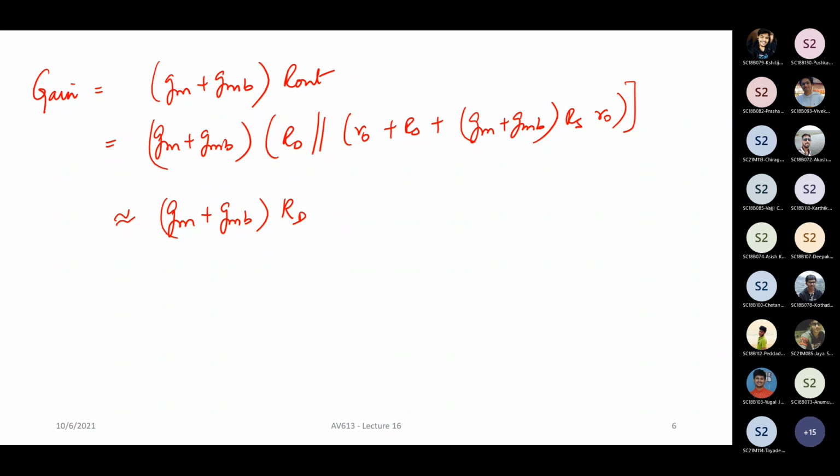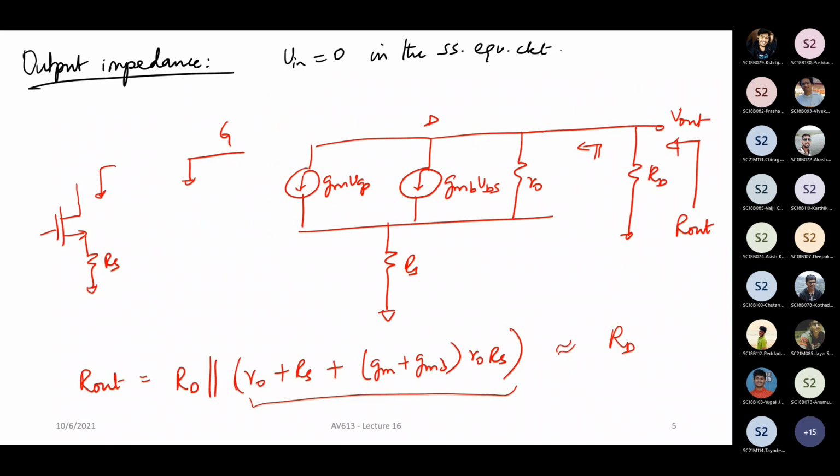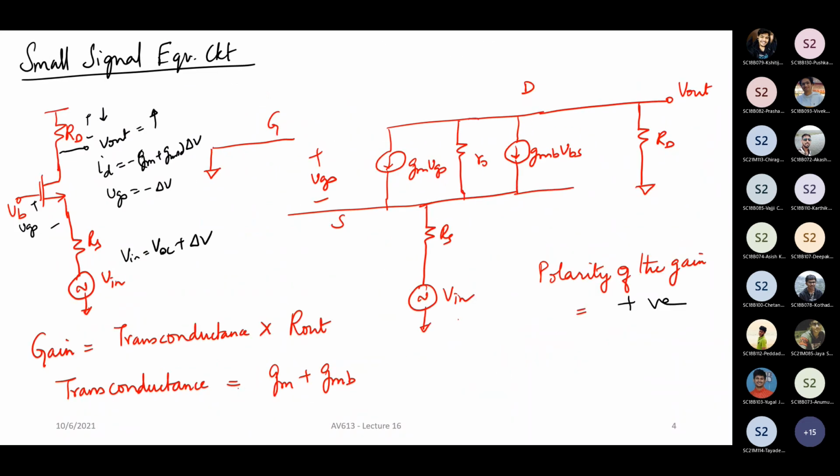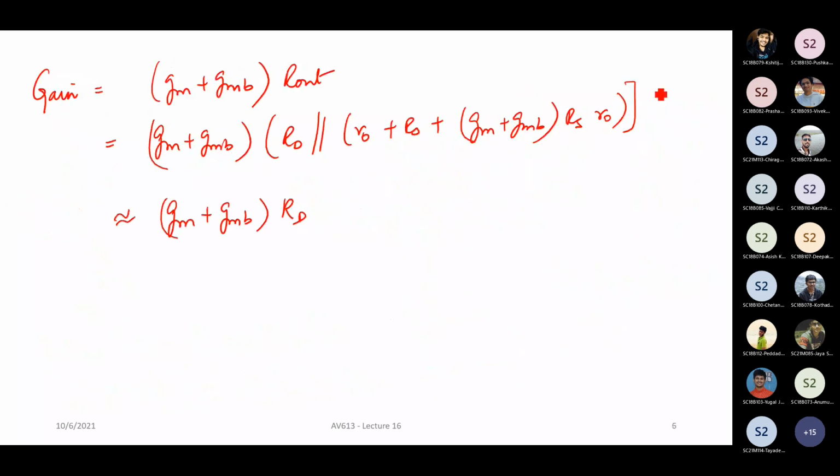In fact, if this gain expression, instead of writing like this, you can also go and derive it from first principles. That is, from this small signal equivalent circuit, you can write all the related expressions, right? And you can derive the gain from here also. If you derive the gain from here, you will end up getting pretty much the same expression. You will basically get the expanded version of this particular equation, right? But it is a little easier for us to quickly write down the gain expression like this. All right. Any doubts? Any questions?